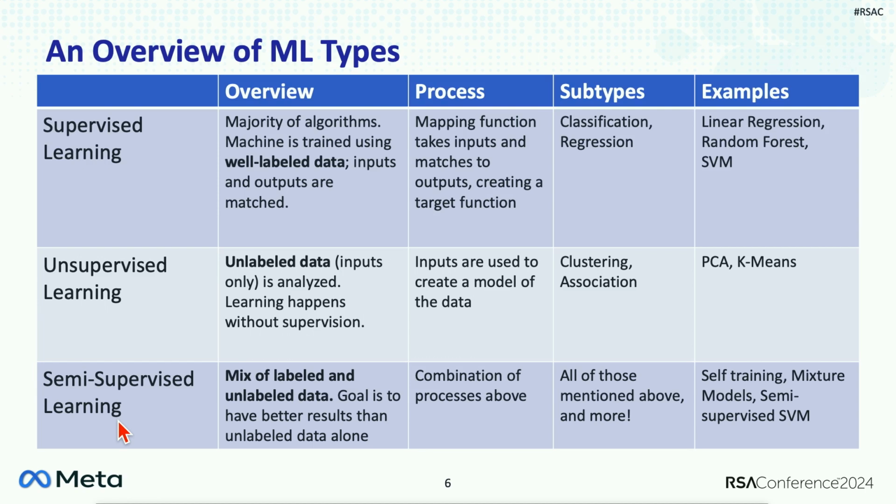This is where we just have unlabeled data. We are just looking at inputs, and we are trying to analyze where things deviate from the norm through a variety of algorithms. And then after we have a few examples of labeled data, we can pivot to a semi-supervised use case where we have a mix of labeled and unlabeled data. In semi-supervised learning, we generally need a smaller subset of data than what we would need to create a very high quality supervised learning model that could stand on its own. So in this case, we mix our labeled data with our unlabeled.